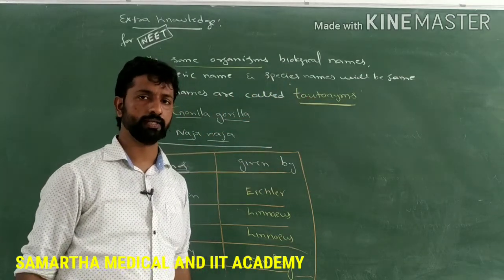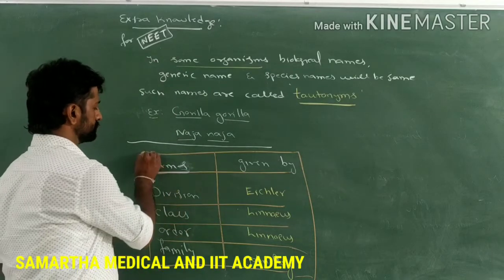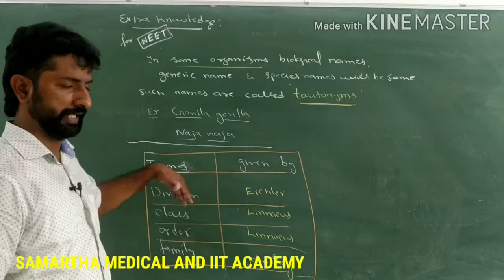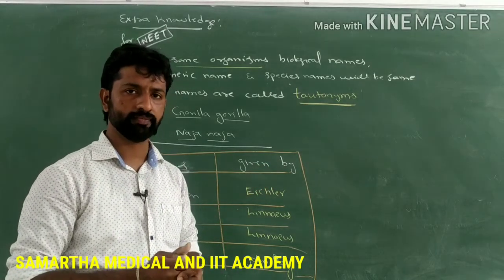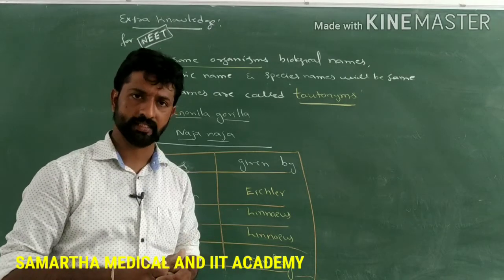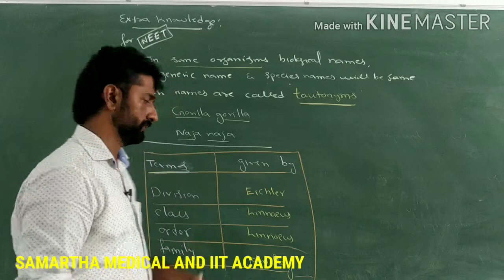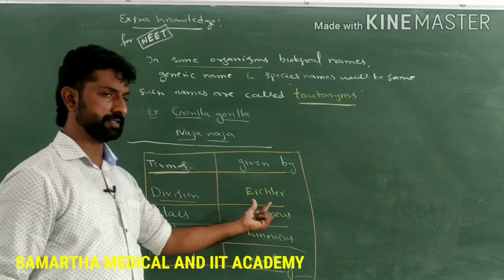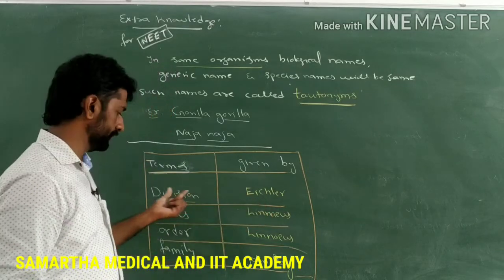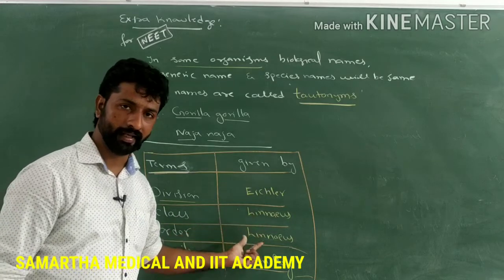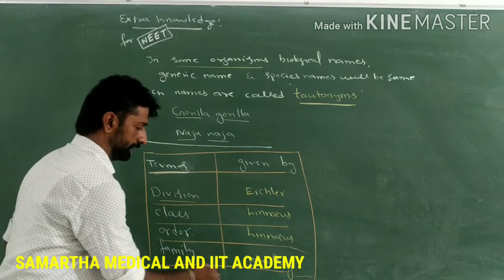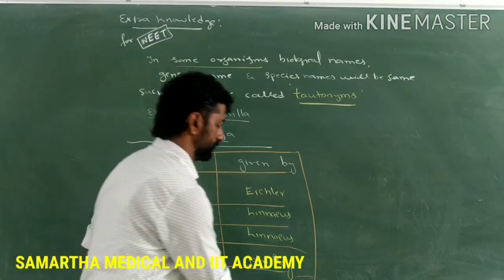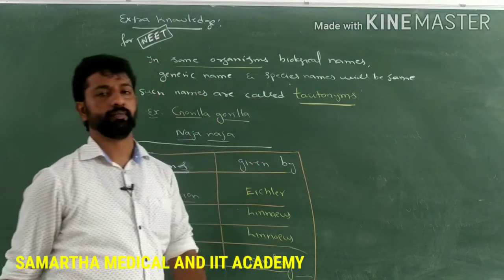Understood, guys? Next, let us know some of the terms and who gave those terms. In the taxonomical classification of organisms, we have used many taxa, and who gave those terms, particularly about division? The term division was given by the scientist called Eichler, class and order were given by Linnaeus, and lastly the family was given by John Ray. So this is some extra points for the NEET examination from the living world.